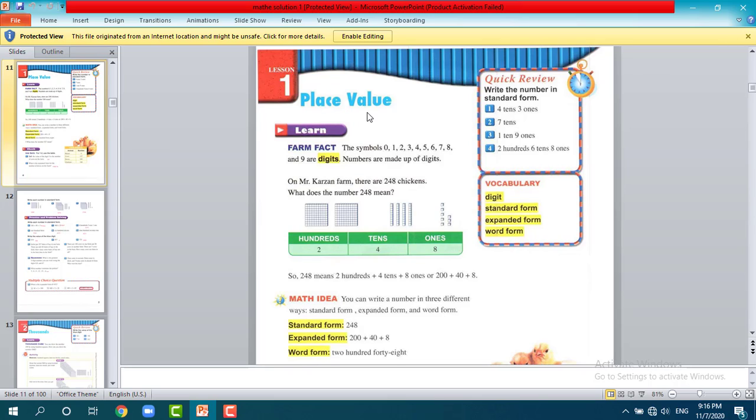This word is not strange to you because you studied place value in class 2, and we are going to repeat it today. In place value, as you can see, we have some shapes in here, like cups, columns, and squares. These cups mean ones, and these columns mean tens because each column contains 10 cups,